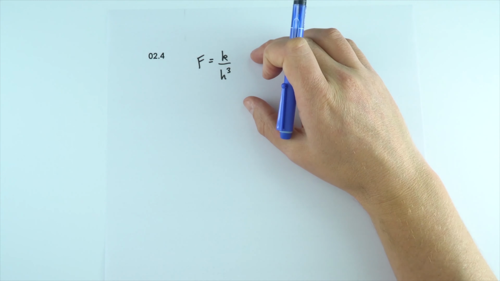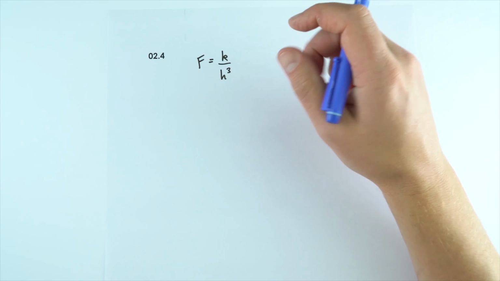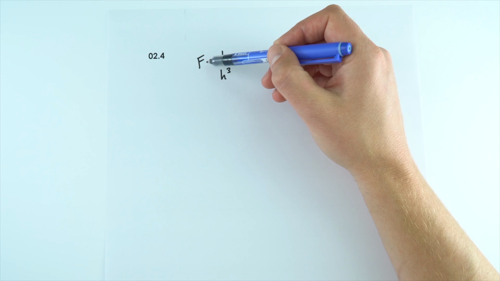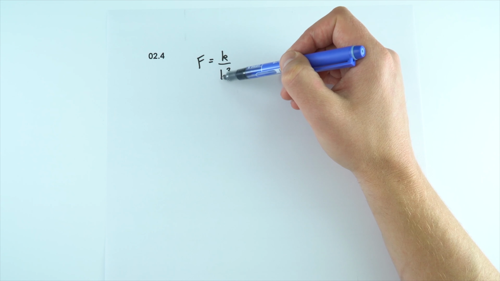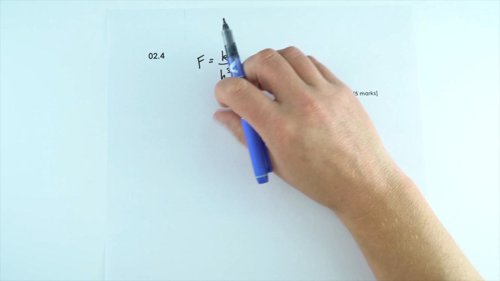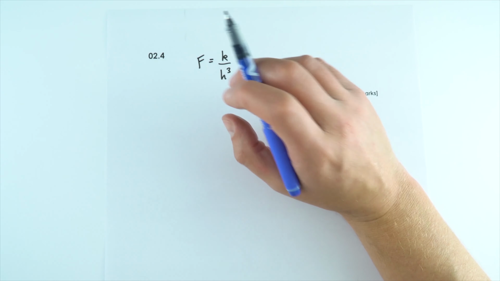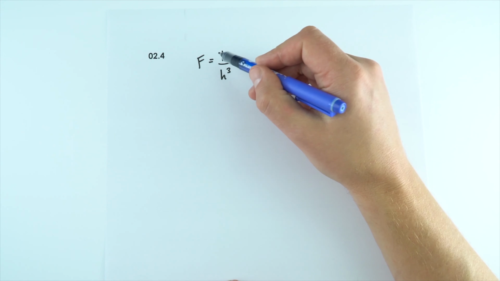Now the last part of question 2.4 was about how you could carry out an experiment using this apparatus where you're adding different masses of clay to the upper magnet, and basically the student said that the force is equal to k, which is some kind of constant, over the height cubed. Okay, now this is something that you probably will never have done at school, but that doesn't matter. It's about how you can actually approach this kind of practical work to get some valid data to show that that's true.